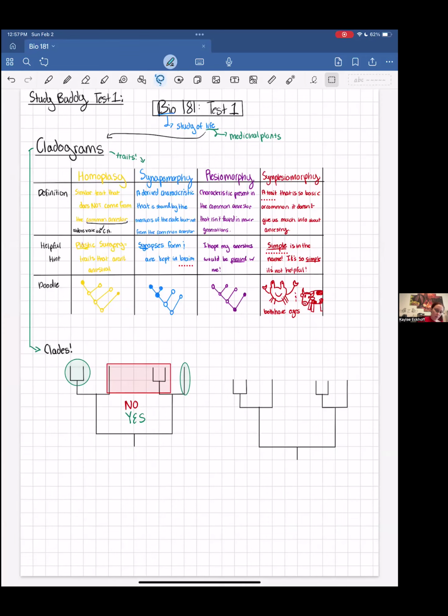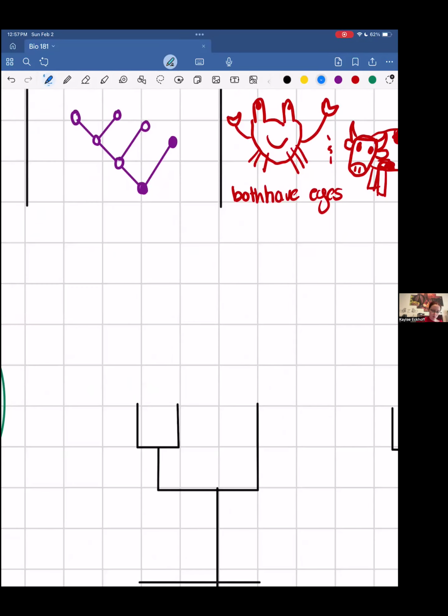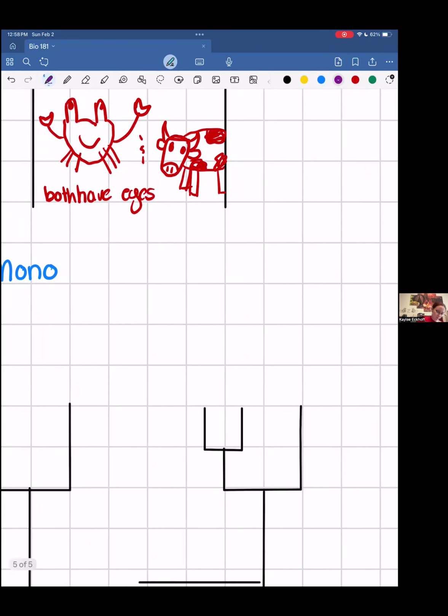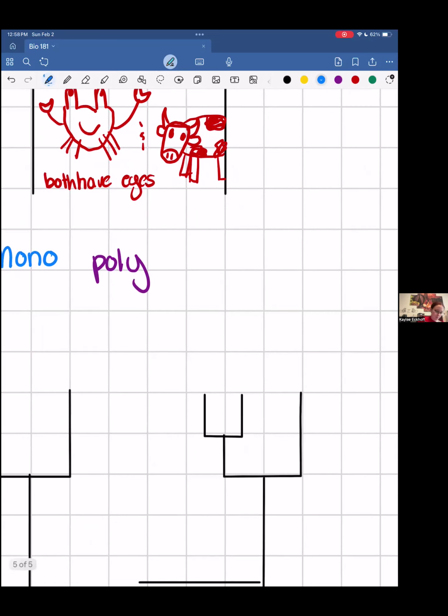If you can remember, we talked about several types: monophyletic, polyphyletic, and paraphyletic. So I'm going to change these colors up here really quick